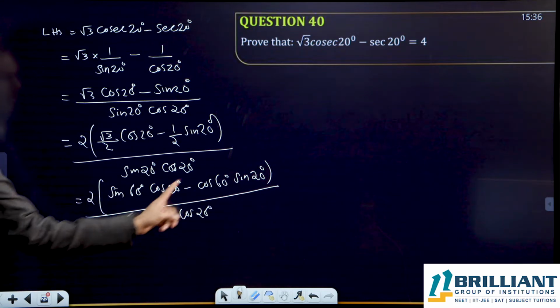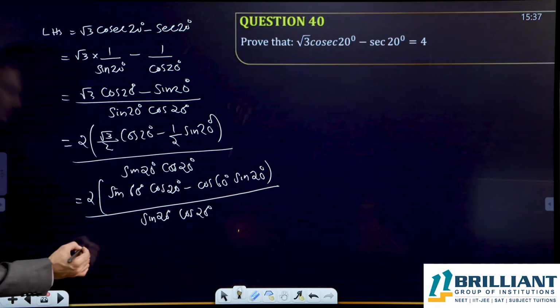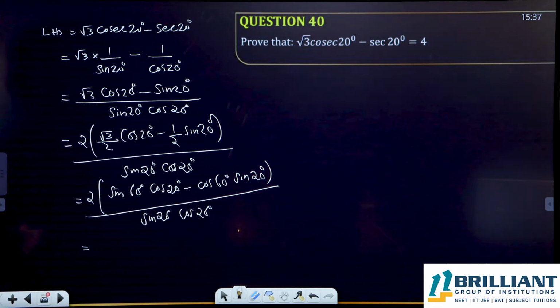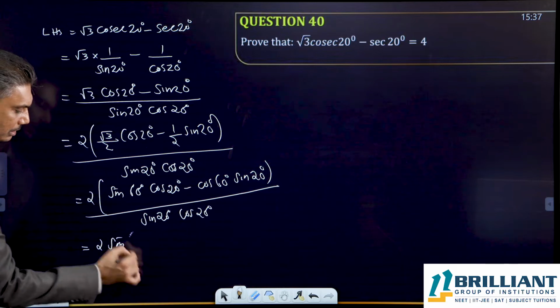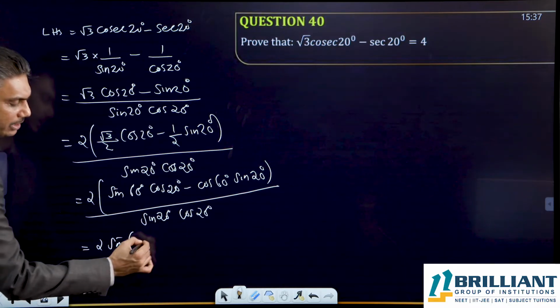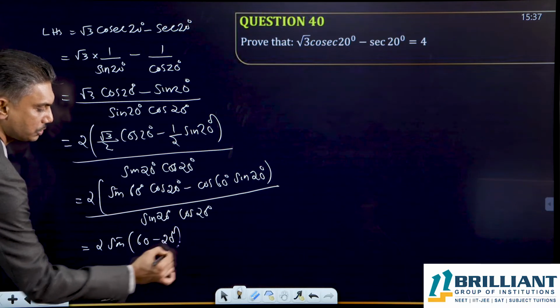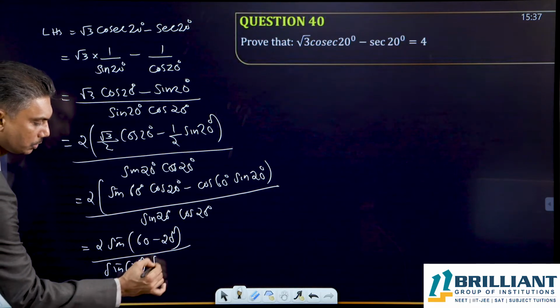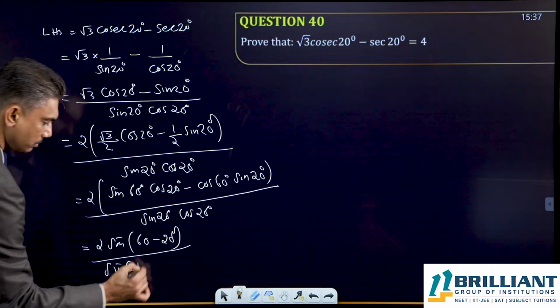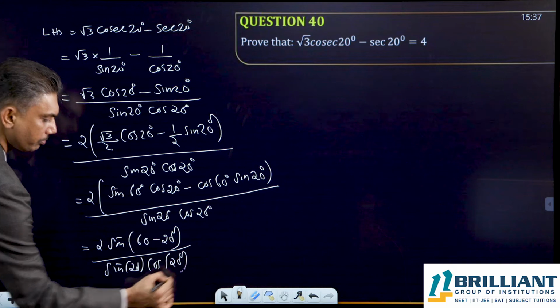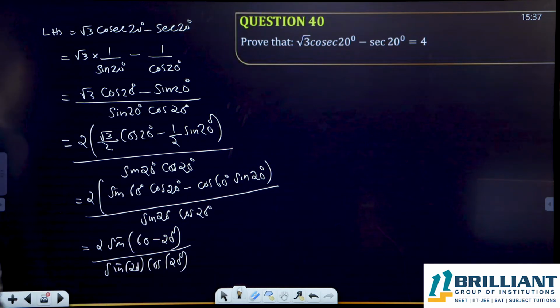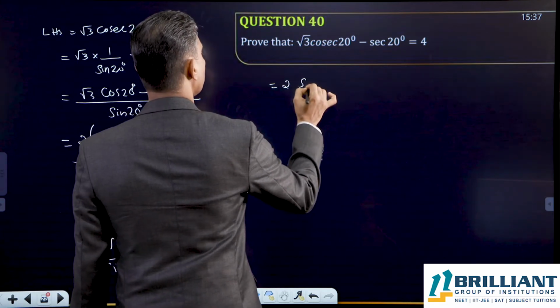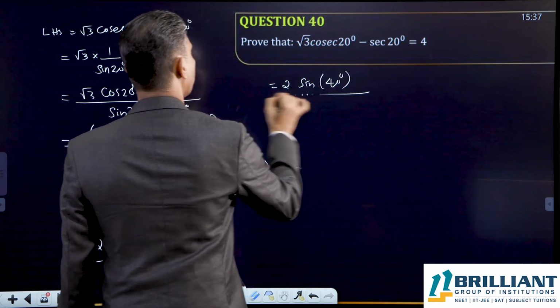Now, what is sin A cos B minus cos A sin B? Sin A cos B minus cos A sin B is sin of A minus B. What is A minus B? 60 minus 20 by sin 20 into cos 20. That is equal to 2 into sin 40 by,